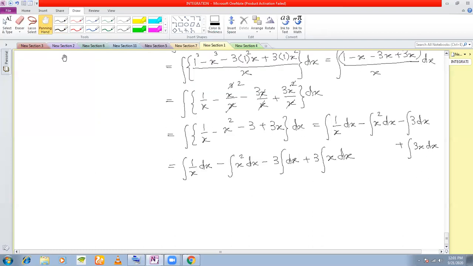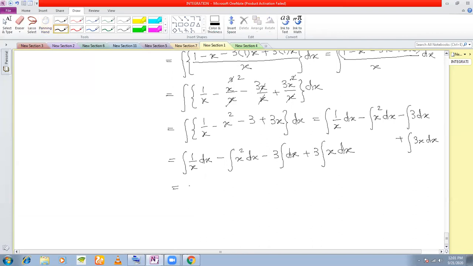Okay, sir. So now what is integration of 1 by x? It is log of x, natural log of x, for direct application of formula. Minus what is the integration of x square? It is x to the power of 3 plus 1 by 3 plus 1. Minus integral 3 thrice integral dx. What is integral dx? I told you integral dx is simply x plus thrice, and what is the integration of x dx? This is nothing but x to the power of 1, isn't it? So you can write this as x to the power of 1 plus 1 by 1 plus 1, and you give a c.